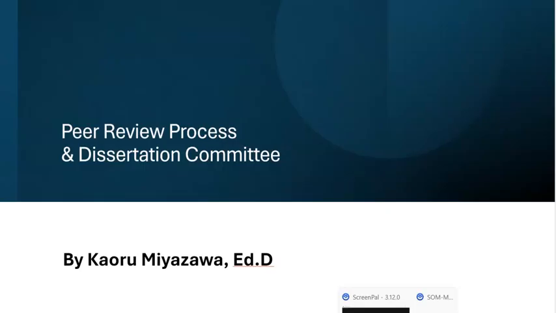Today, we are exploring the architecture of the peer review process and how this process is the very foundation of your dissertation committee. In academia, peer review is our central nervous system. It is how we ensure that the knowledge we share is rigorous, ethical, and valid. This peer review culture is translated into our work and doctoral program, especially in committees' work.